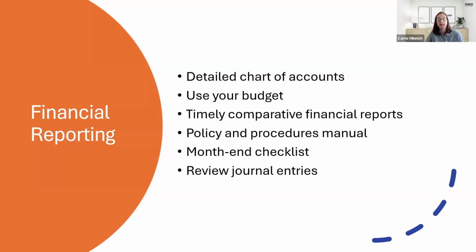Journal entries are one way, and a major way, that your financial statements can be misstated, because someone can go in and make a journal entry and move activity around, or take activity out, after the cash has been paid or received. They can do journal entries to move stuff around and make the balances look like how you're expecting them to look, or make them look better. So we really want to make sure that we're reviewing our journal entries. Also, if we're humans entering stuff in, we can just make a mistake. So making sure that the journal entries are reported properly.